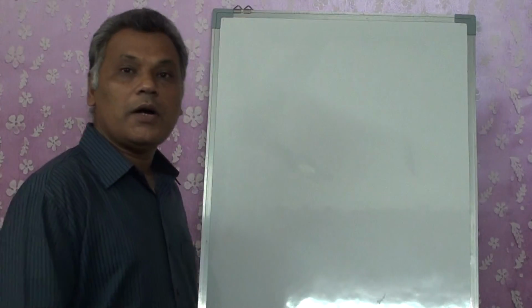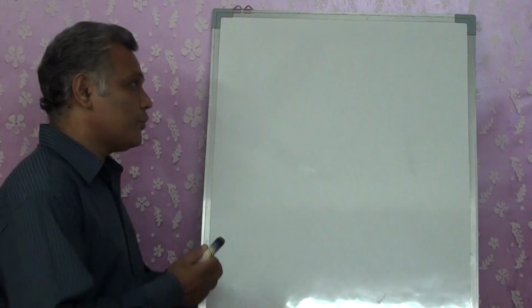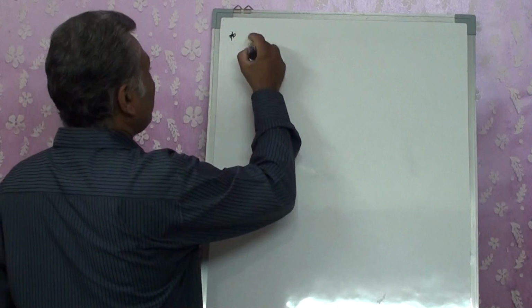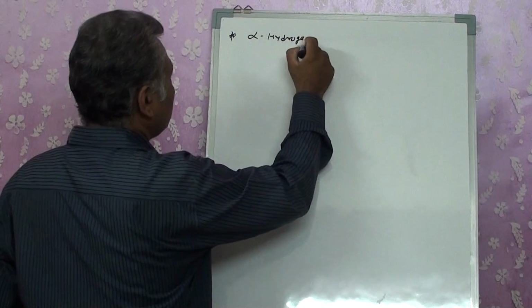We are studying the chemical properties of aldehydes and ketones. In our first lecture, we studied nucleophilic addition reactions. In the second one, we studied reduction and oxidation. Today, we are going to study aldol, cross-aldol, Cannizzaro, or electrophilic substitution reactions. Particularly aldol and cross-aldol, we are going to study as alpha hydrogen reactions.